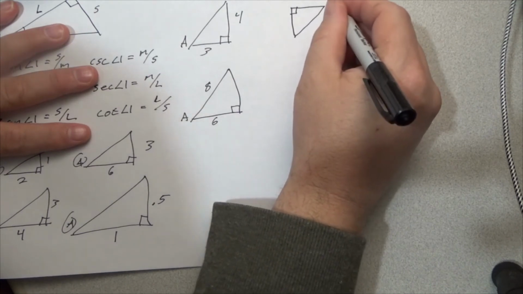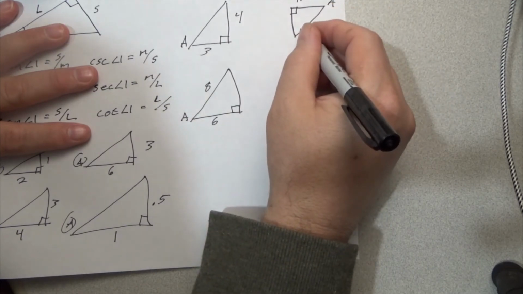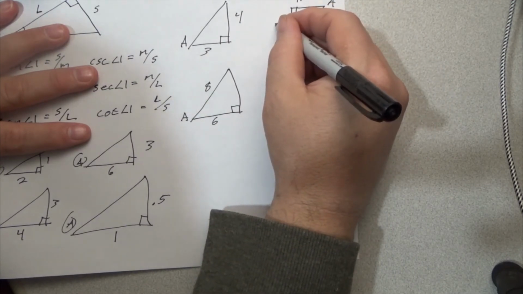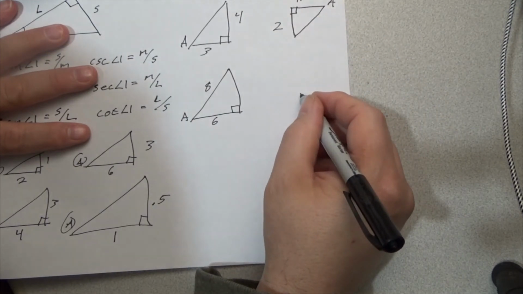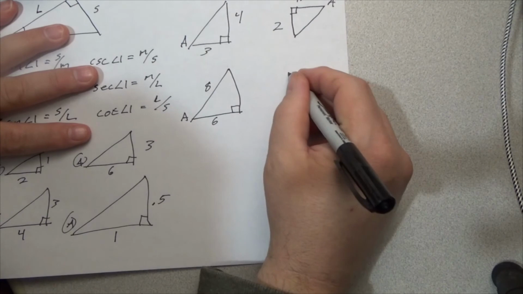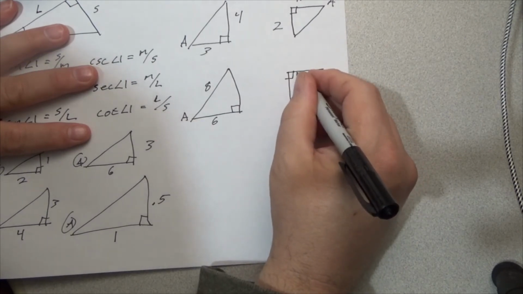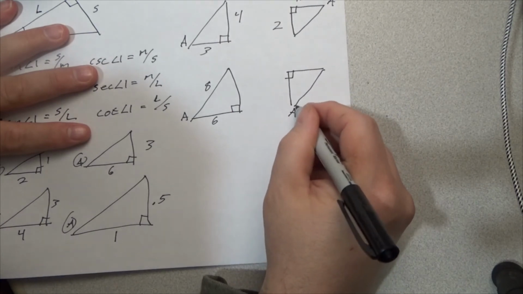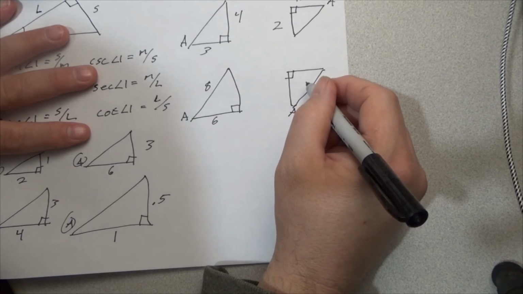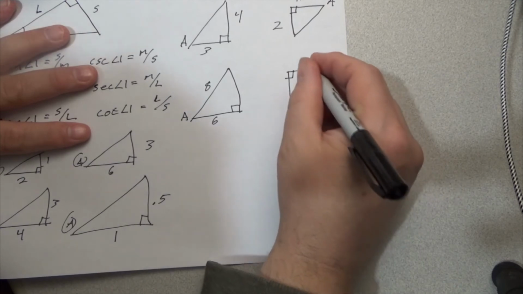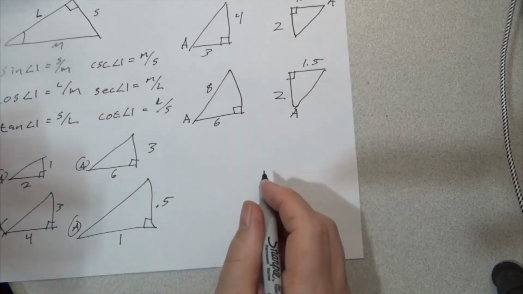Angle A, 1.5 and 2, is it? Yep, 2. And then the last one is this one, angle A, and 1.5 and 2. Okay,